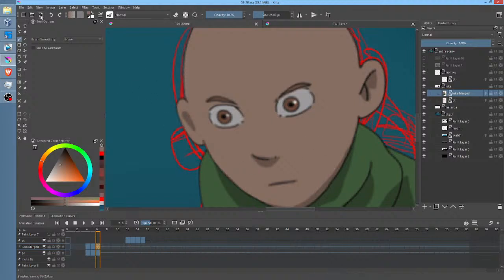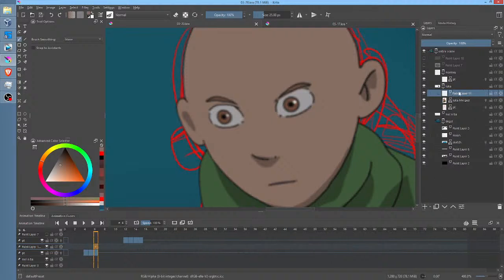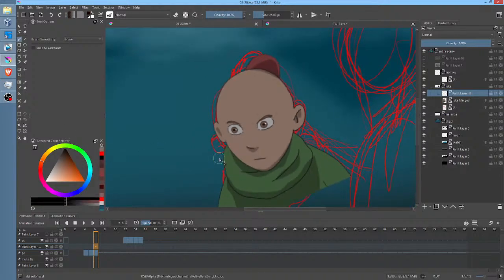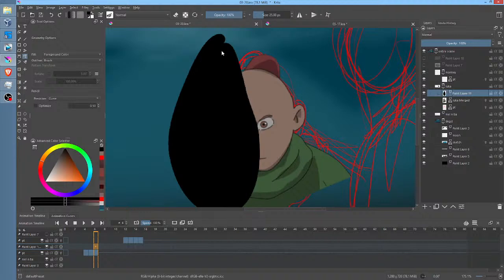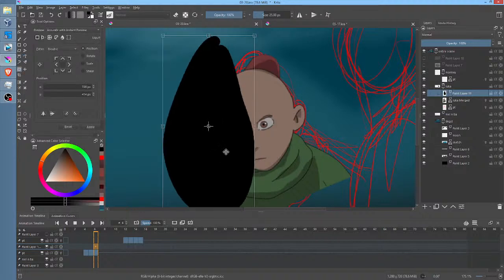The basic problem is, other than finishing out his body, we need to change the direction he's looking. So I'm going to put in a dummy layer. I know this is going to look a little weird, but I don't want to be distracted by his right eye.